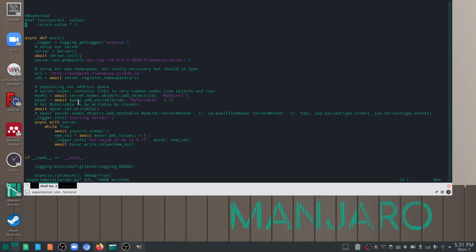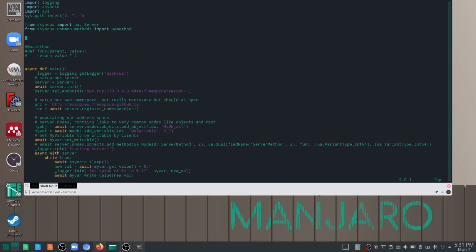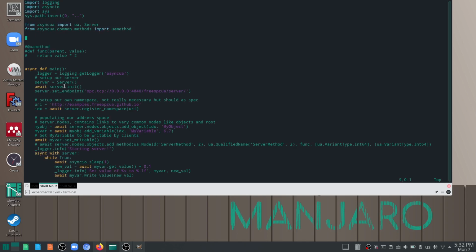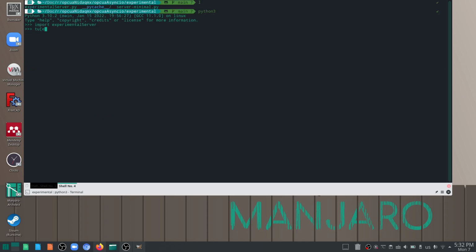Now let's try running this thing. How do we run it? The way to run this is to import first. So import experimental server, and then we need to run the main function. We actually have a main function, and it's an asynchronous function. So if we type main,